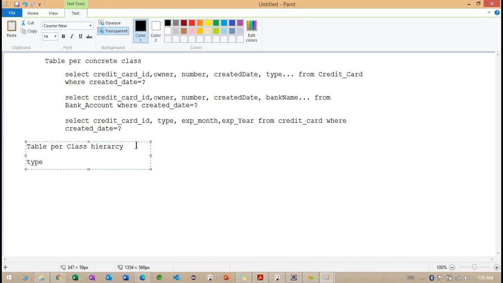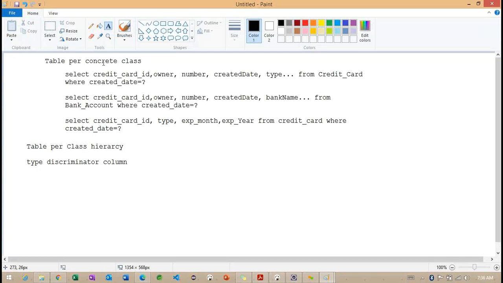Based on this type, we are going to provide the difference between each and every subclass. The column we are going to call the discriminator. Observe that this mapping strategy is going to provide more performance and simplicity compared to the previous mapping inheritance, table per concrete class.